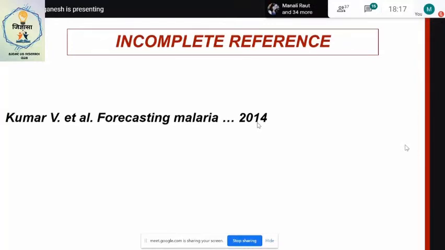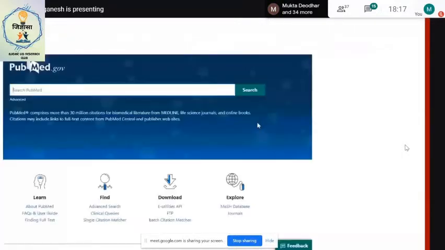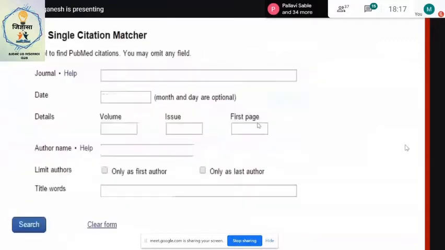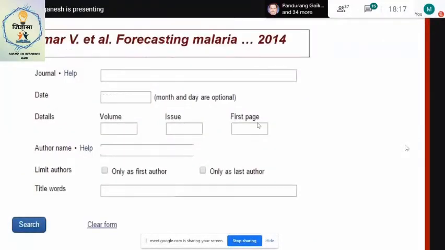Okay. Let's say I have sat in the audience and I found that slide very interesting. I want to get my hands on this article. I didn't have time to speak with the speaker later. I come to PubMed. Again, in the lower level, there is a link called Single Citation Matcher. I click here. I get a screen like this. So here's my original, the incomplete citation. I just need to populate this